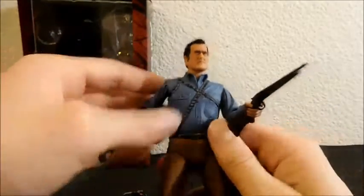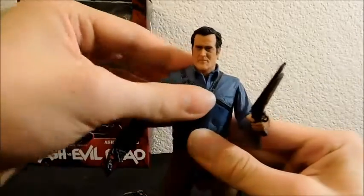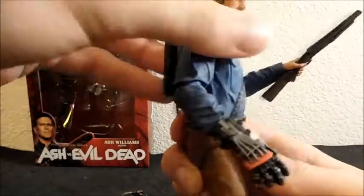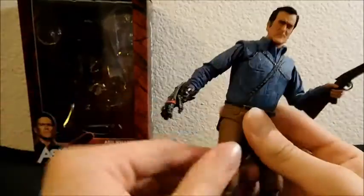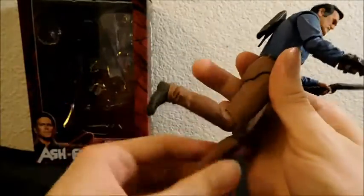Okay, then at the waist, it feels like he's got an articulation point here, but it can't really be used. So it's basically this point down here that does the swivel, and then a little bit forward and a little bit back, maybe, if you work with it. And then at the hips, he can kick forward that much, which is a fair amount. He can kick back a little, kick off to the side, not quite as much on the other side. And then at the knees, he can bend to almost a 90-degree angle on both sides,